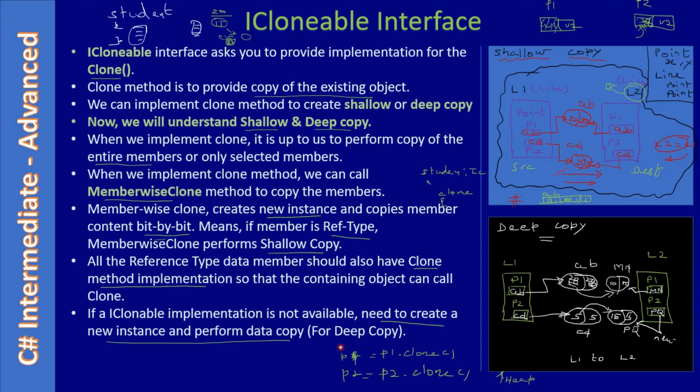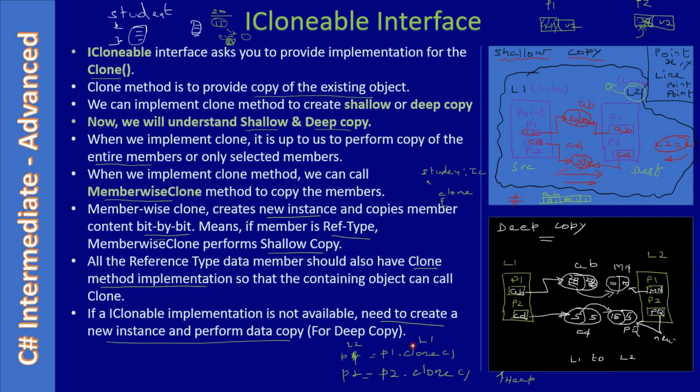Destination p2 means here we are talking about L2, here it's for L1. From L1 you will make a call to clone and you will give it to p1, then using p1.x you will change the value. So likewise you can create a